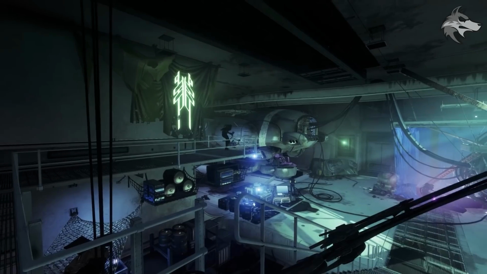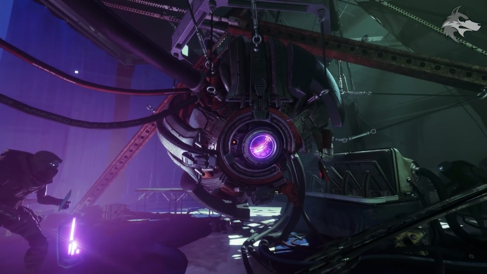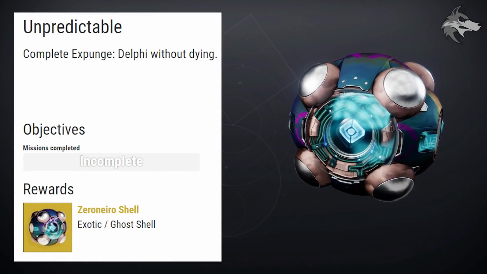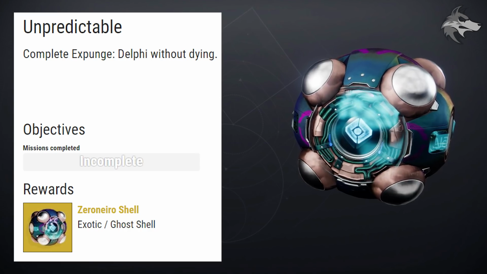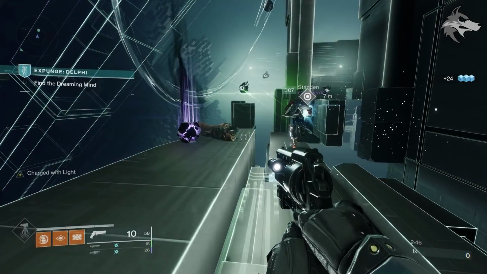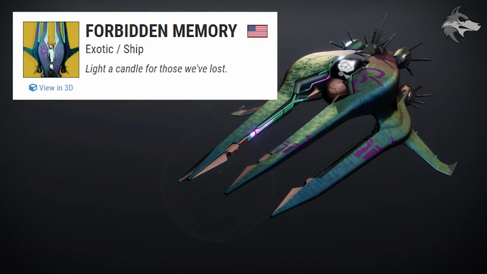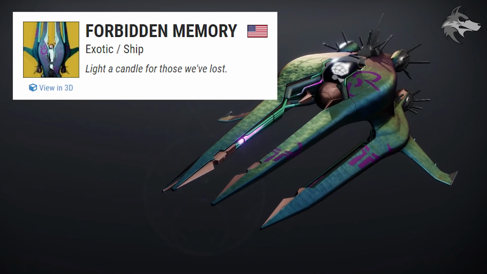Let's speak about Season of the Splicer content though, and as we know the Override and Expunge activities are being removed. So the Zero Nero exotic Ghost Shell will no longer be obtainable, and this is earned by completing Expunge Delphi without dying, which unlocks the Unpredictable Triumph. On top of that, from Season of the Lost, there is the Forbidden Memory exotic ship, which is earned by completing the Path of the Splicer quest at the Splicer Servitor, which is being removed from the game,